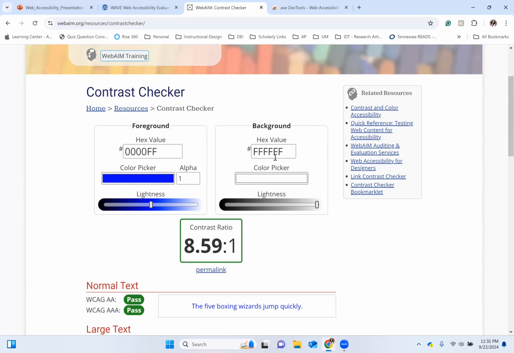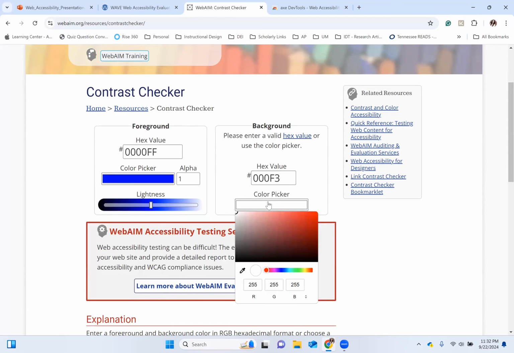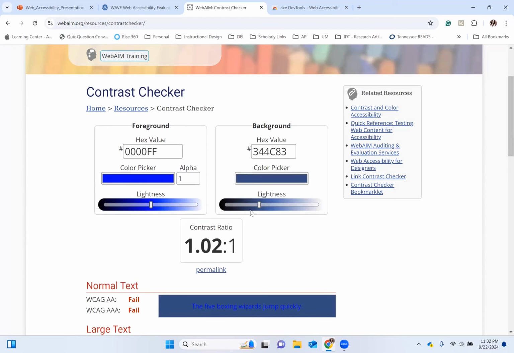Now, let's say I wanted to say F3, is that enough letters? No, let me see here. This has a color contrast of 1.02. That's insufficient. That's not enough. So at this level, I would have to make sure that my colors are different enough.